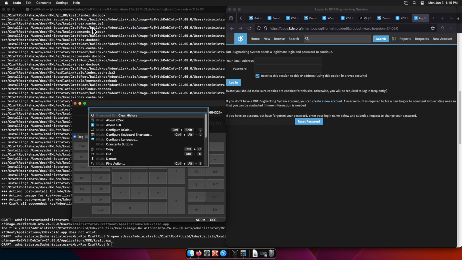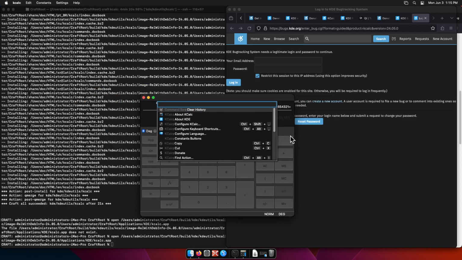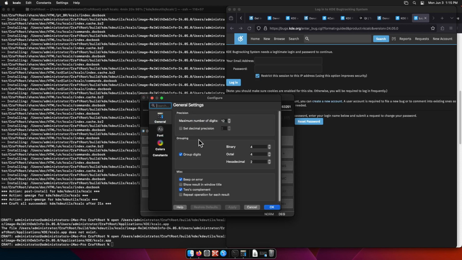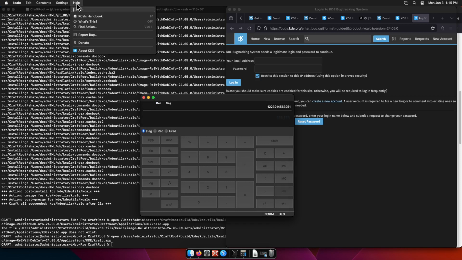Okay, find action. It's not modal. That's a problem. Should be modal. You can actually click on the buttons on the main window when this pop-up is open. Okay, next up,